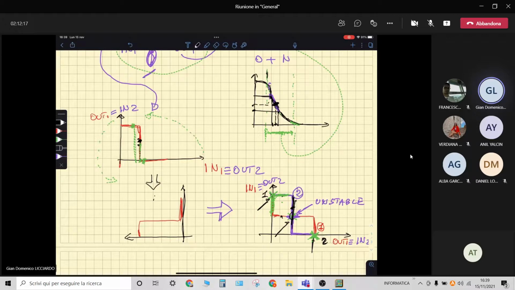So, if you look at this curve, you see that to a small variation of the input corresponds a high variation of the output. This means that you have an amplification, namely a gain that is greater than 1. On the contrary, if you are here,